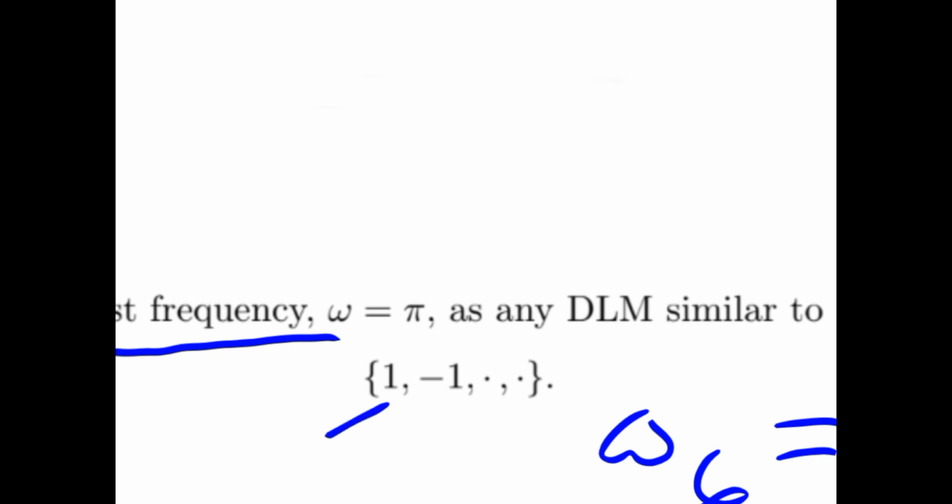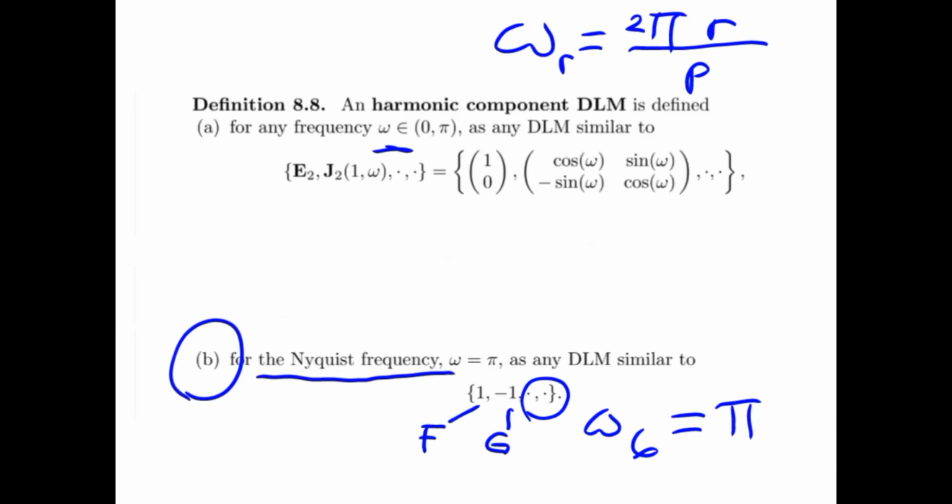So, the first one, the value 1 here is the F. We have only one value and it's 1. And then this is for the G. And then the double dots here are for V and W. But for the rest of the harmonics, so for the first 5 harmonics, harmonic number 1 until number 5,